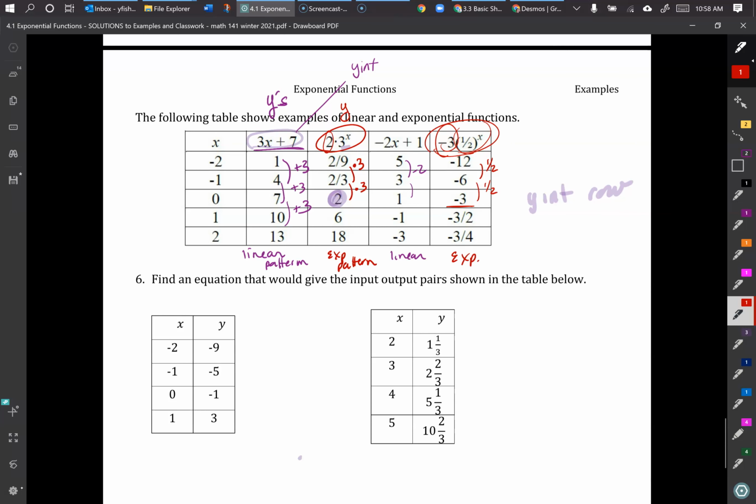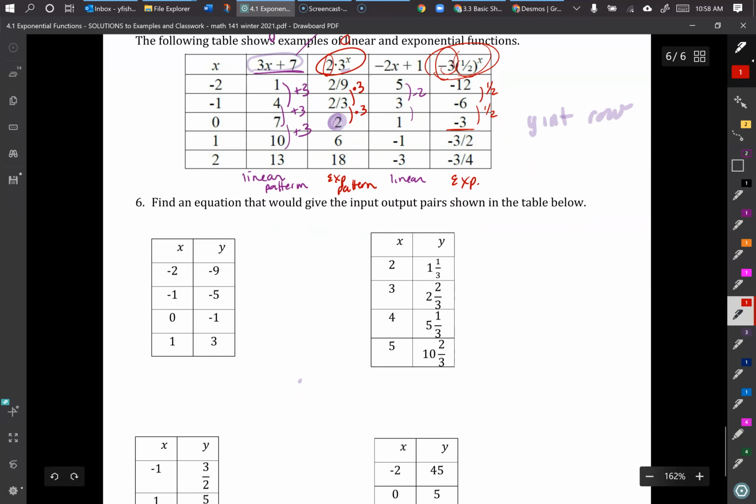So now if we just have the table, can you come up with the equation or function that will represent that? So you've got to figure out, what's my pattern? Is it repeated addition or subtraction, hence linear, and going to be y equals mx plus b form? Or is it going to be repeated multiplication and going to be the exponential pattern, y equals a b to the x? So let's